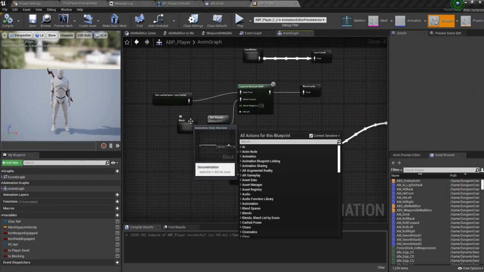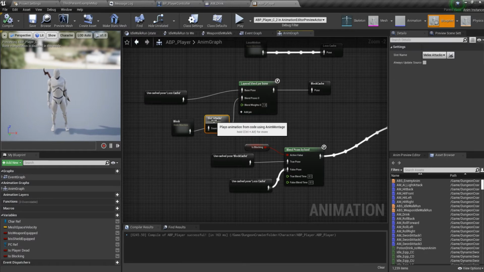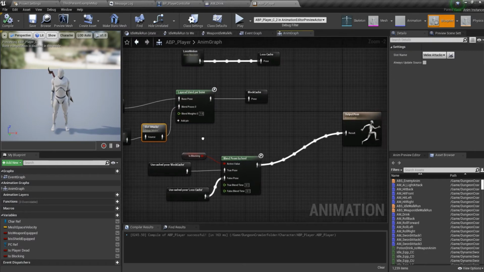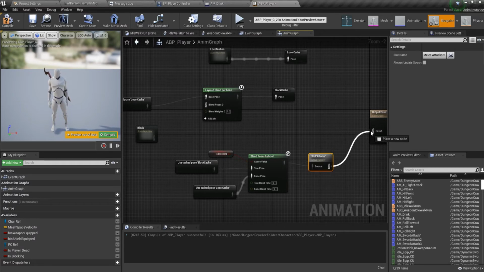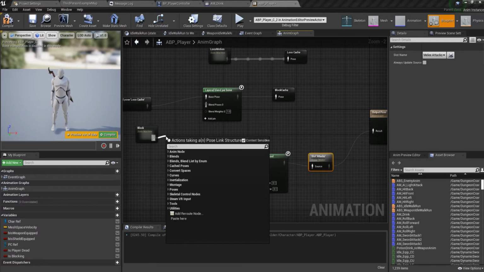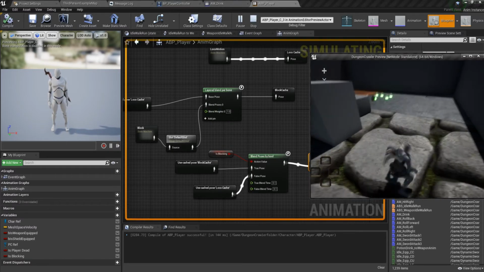What's wrong with this? Slot attacks, right, my bad, not slot attacks. I should be doing the default slot as the blending slot like this,